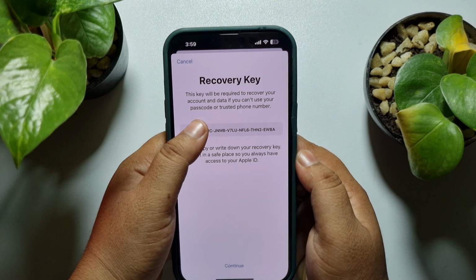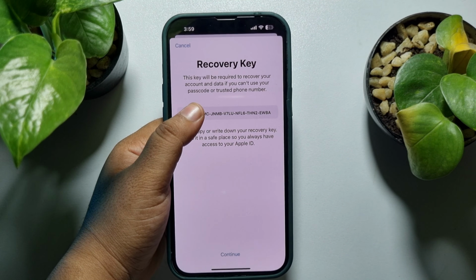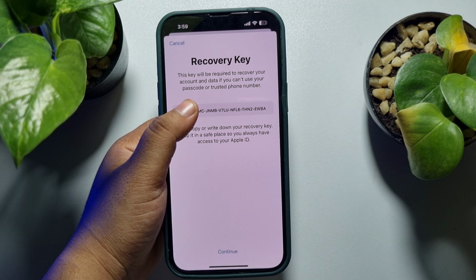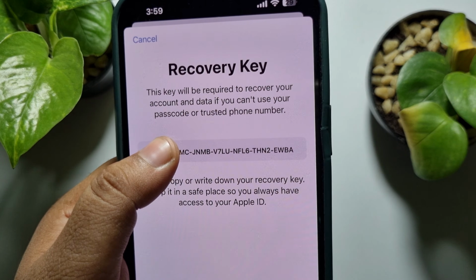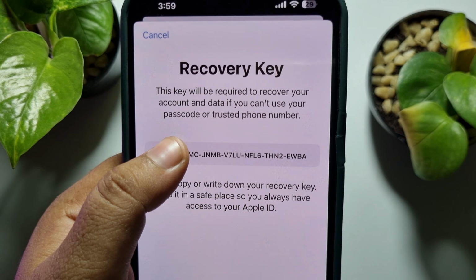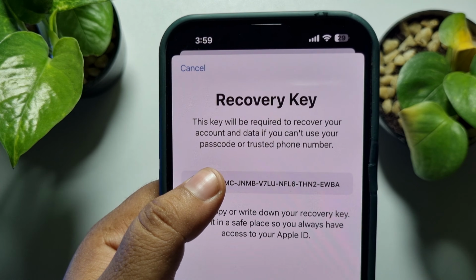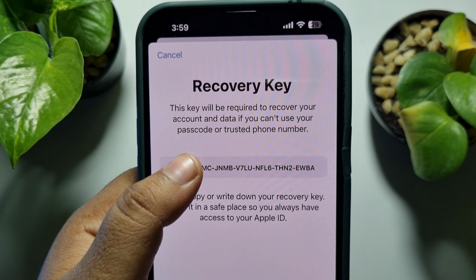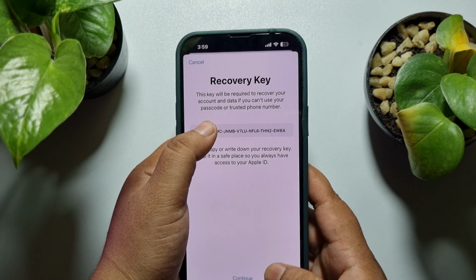and here you will find your Apple ID recovery key. All you have to do is tap on copy, make sure to copy this recovery key, and you have to save this recovery key in a very safe place, and make sure you don't share this recovery key with others. Tap on Continue, and